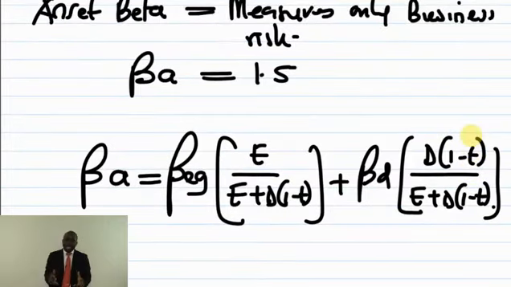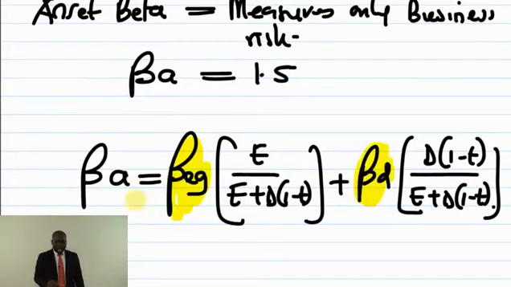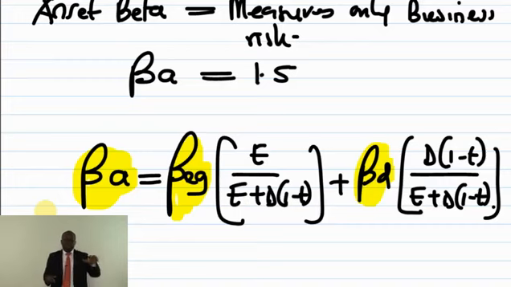When I've been given a geared beta and a debt beta, I should be able to get an ungeared beta. This is where Miller and Modigliani is calling you again. We said the moment you are moving between geared and ungeared, they are calling you. Given a geared beta, I should be able to get an ungeared. Given an ungeared beta, I should be able to get geared. That movement is what the examiner is going to play you.